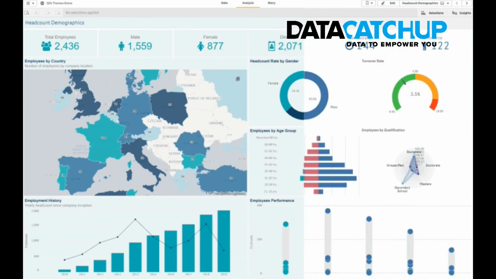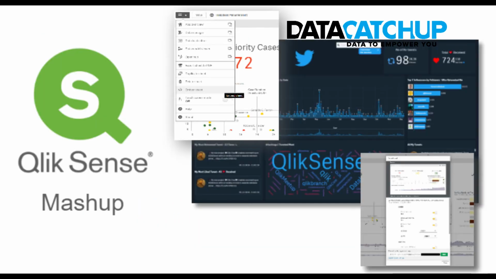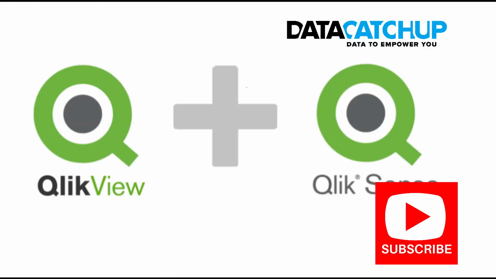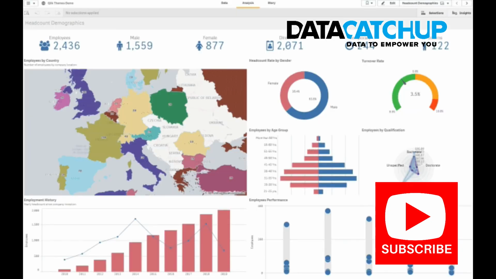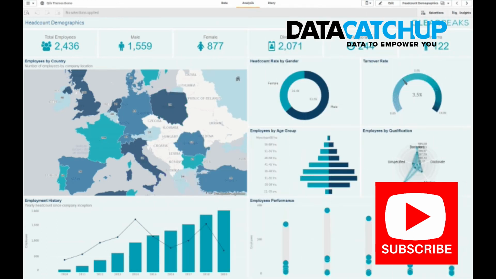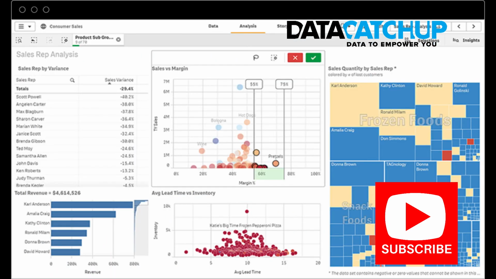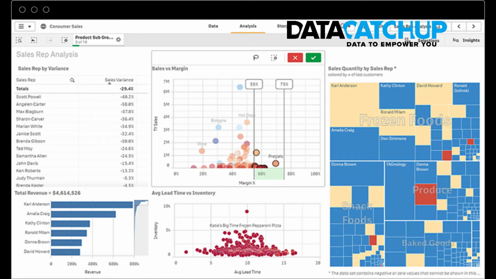Qlik Sense focuses more on data visualization as it has augmented graphics. However, in QlikView, you can manipulate data in a lot of technical ways through scripting. If your motive for using Qlik Sense is visualizing and analyzing data in the best possible graphics, then you have made the right choice. Qlik Sense provides lots of flexibility to users as they can carry out completely independent operations with